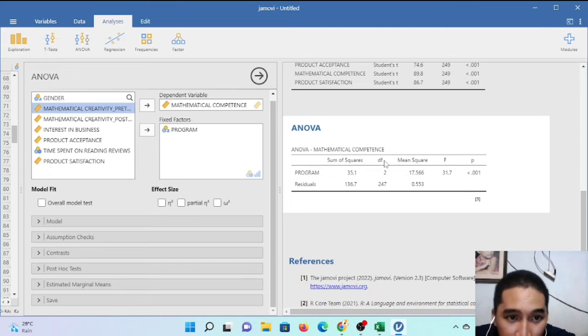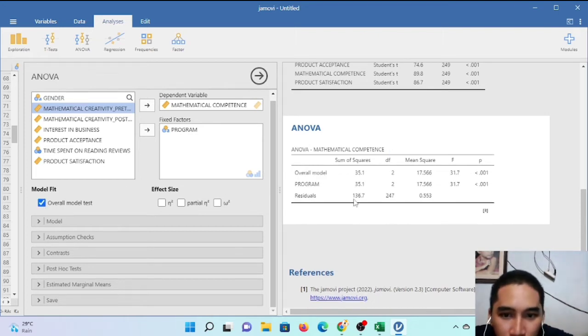So in short, there is a significance in mathematical competence if you have different programs or courses. So here you can use overall model test to check the